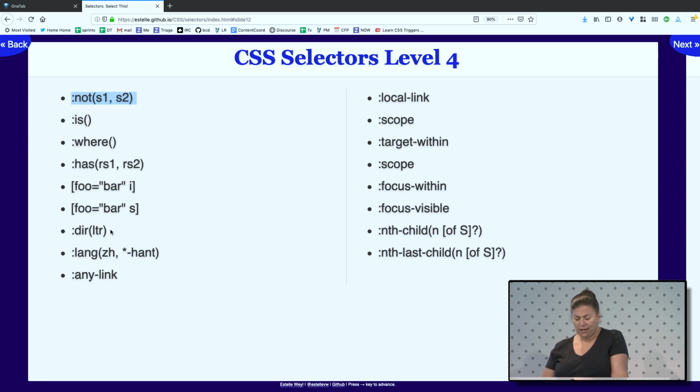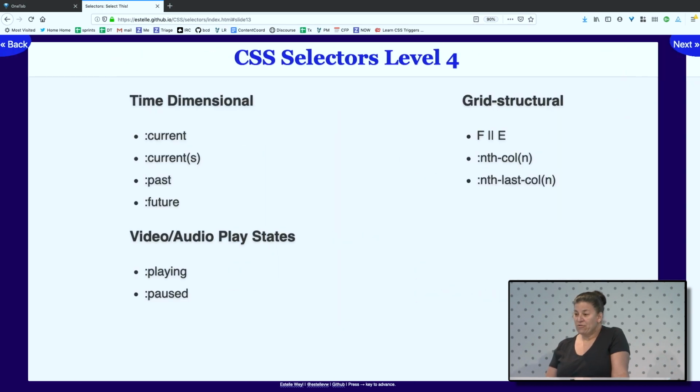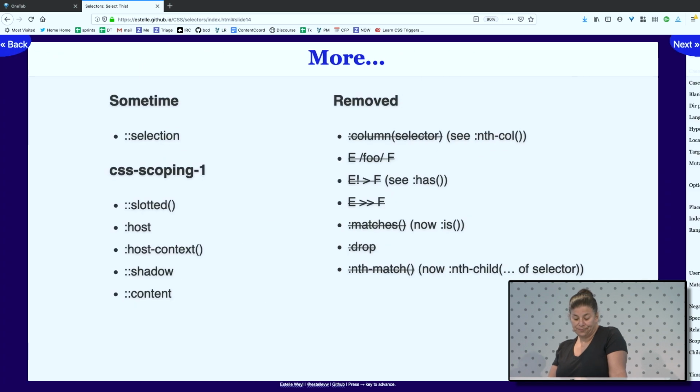We have directionality, we have languages, and we're going to cover all of these, including some that help with accessibility. And then there's time dimensional, video, and grid structural selectors. And then there's more. We're not covering these, which are scoping, ones that were removed. We're going to cover a few of the ones that were removed because some of them actually still work, and